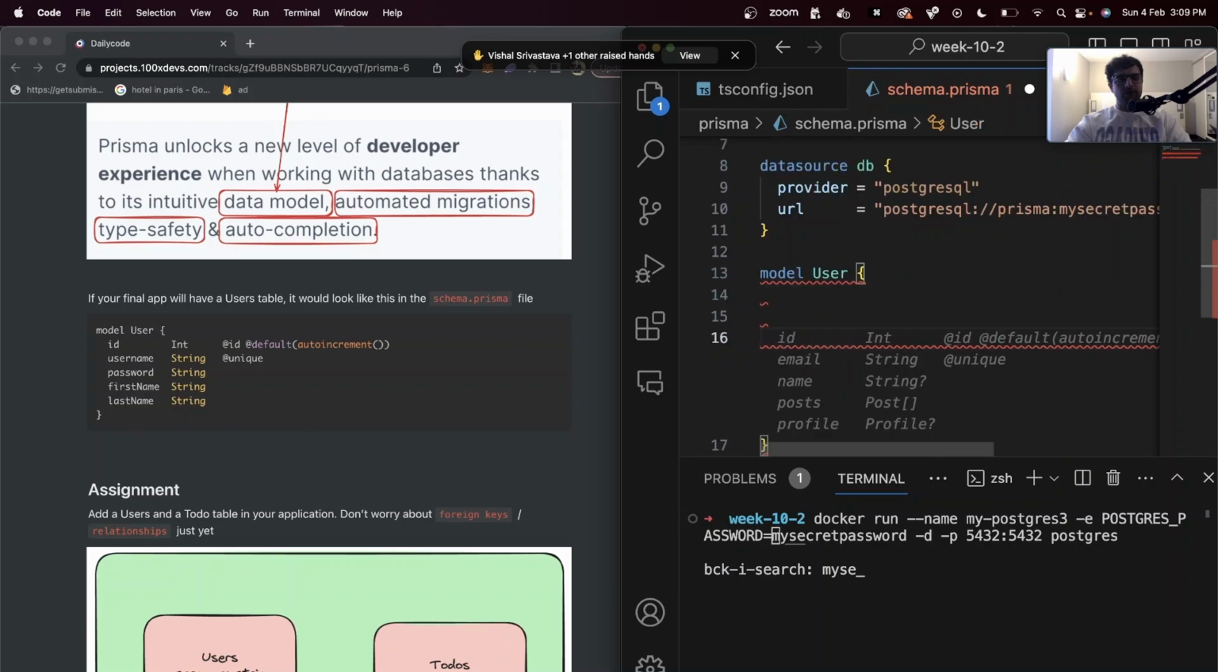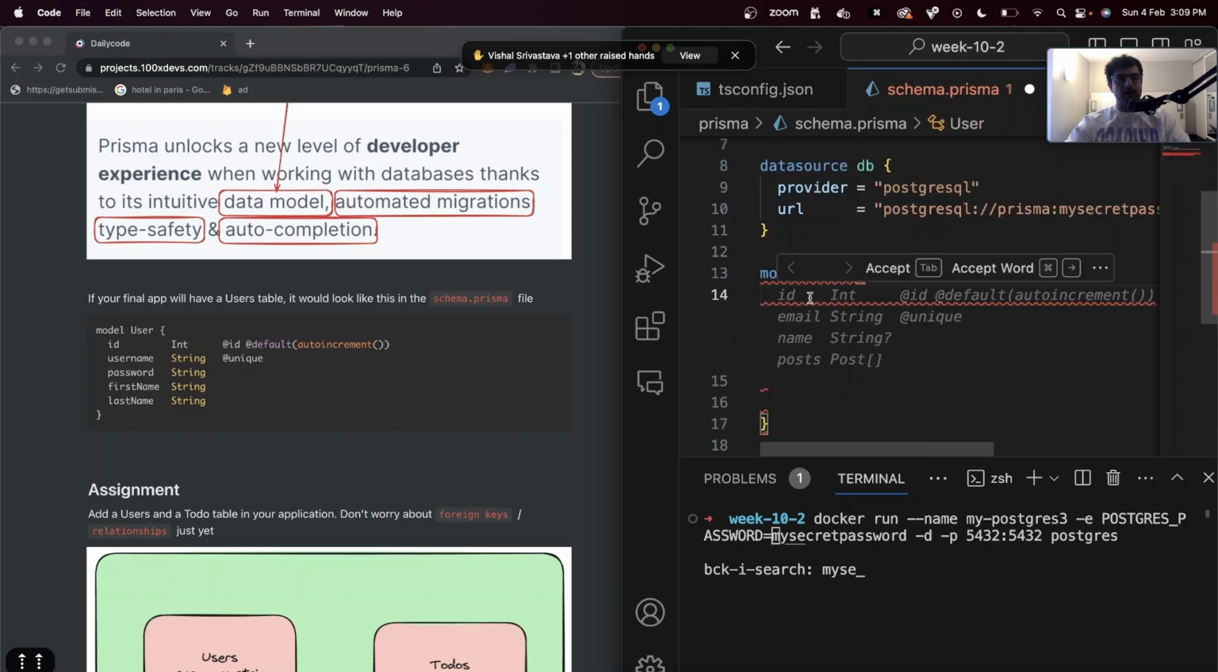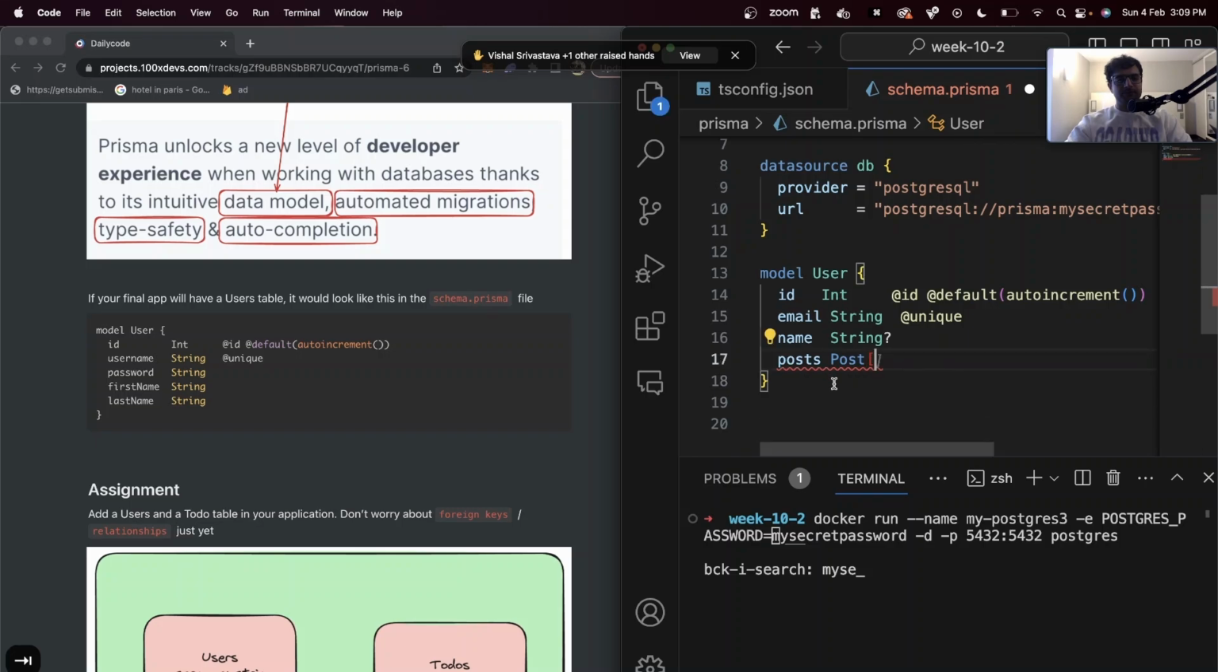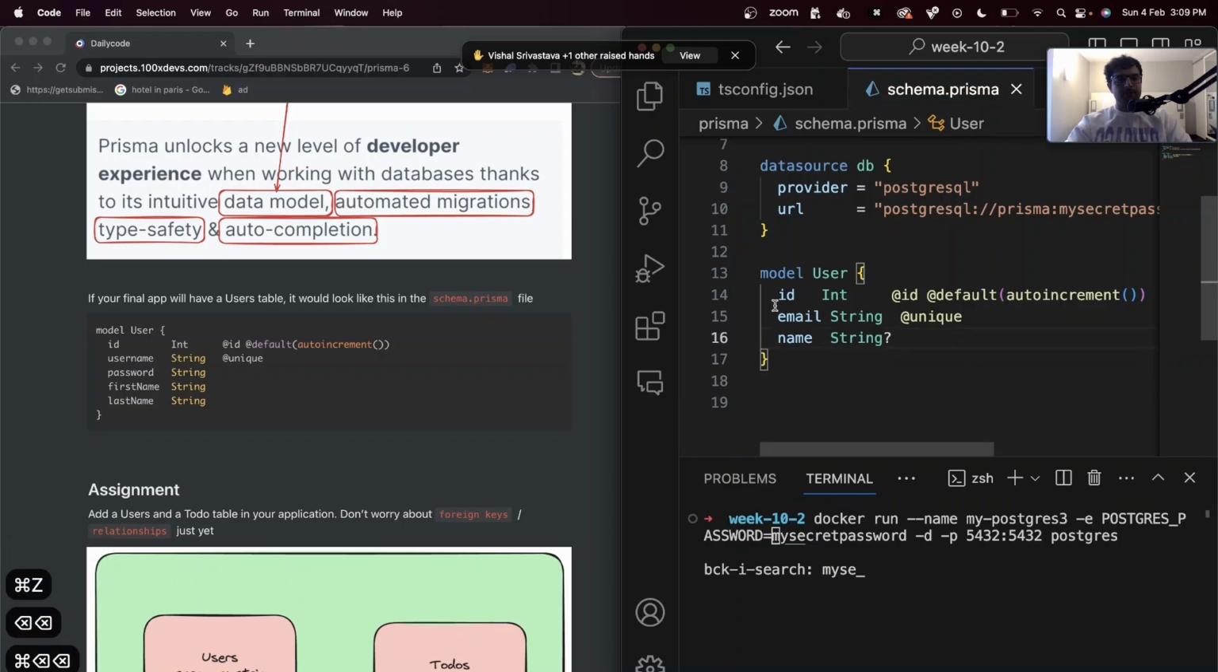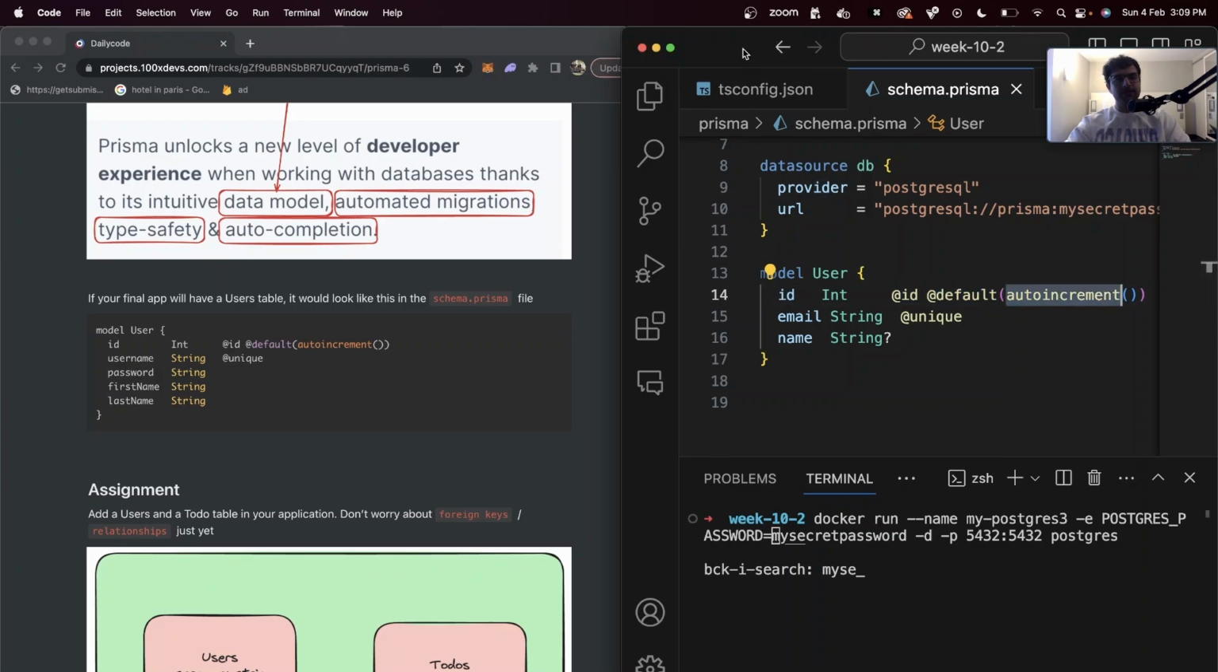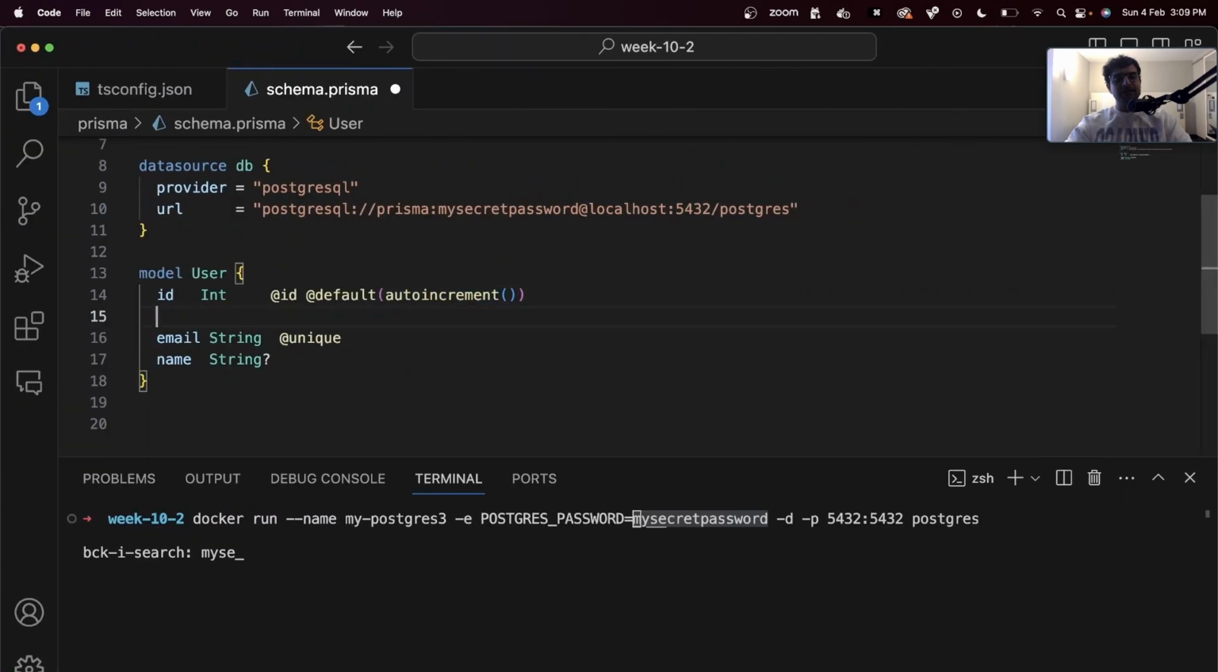So you have to define your model like this: model, space, the name of your model, and then all the fields that you have. For example, ID, which is an integer, which is the primary key for this table, and the default value for this is auto increment. This part is the same as, if you remember yesterday, we did this